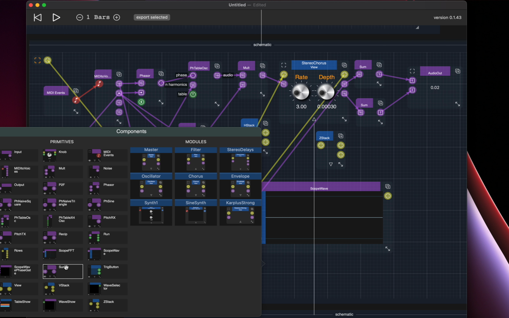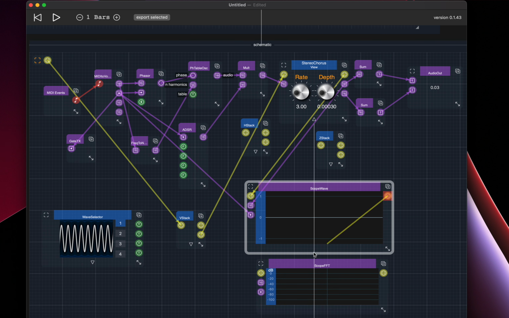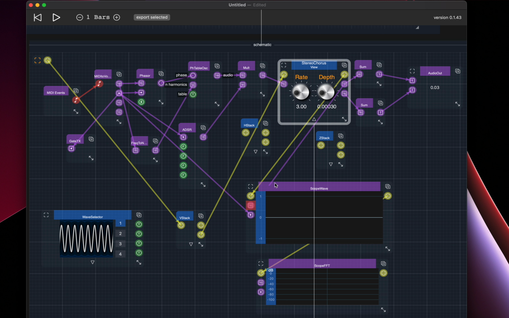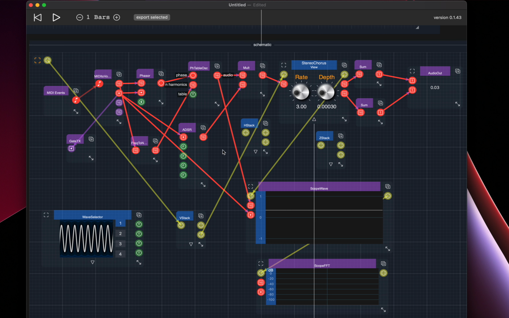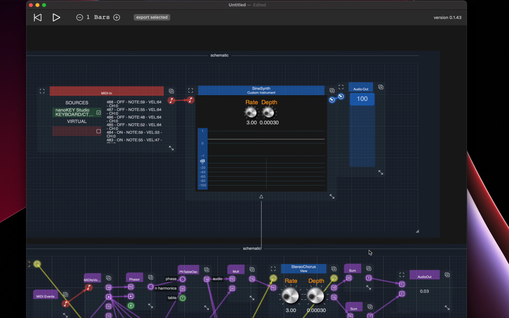Scope wave, scope FFT, and also if we plug it here, it should go vertically just underneath our wave. And instead of looking at after the chorus, I'm going to look at the oscillator and go also here to the FFT and plug the gate. And now we have both the wave